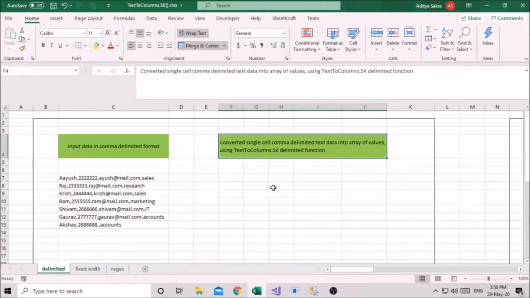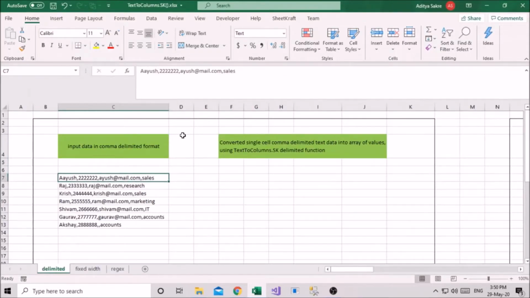In today's video, I'm going to show you how to use the text to columns function. Text to columns is a SheetKraft function used to separate the contents of a cell into separate columns, provided that the text data is separated with a delimiter, has a fixed number of characters to retrieve, or has a pattern